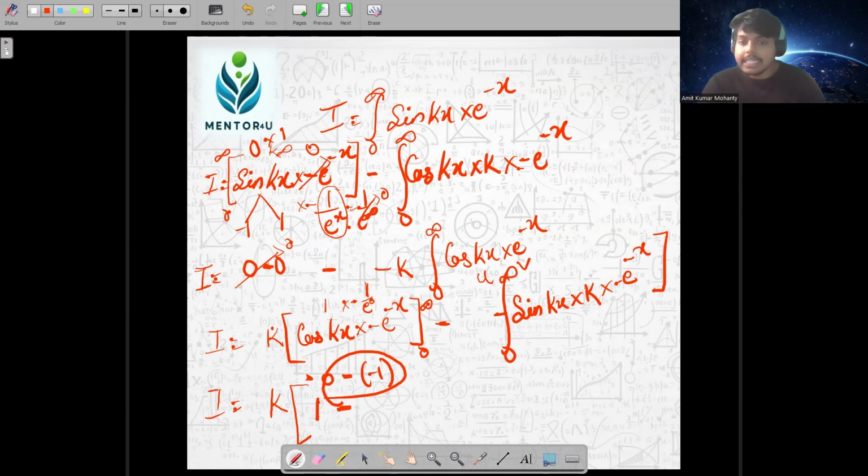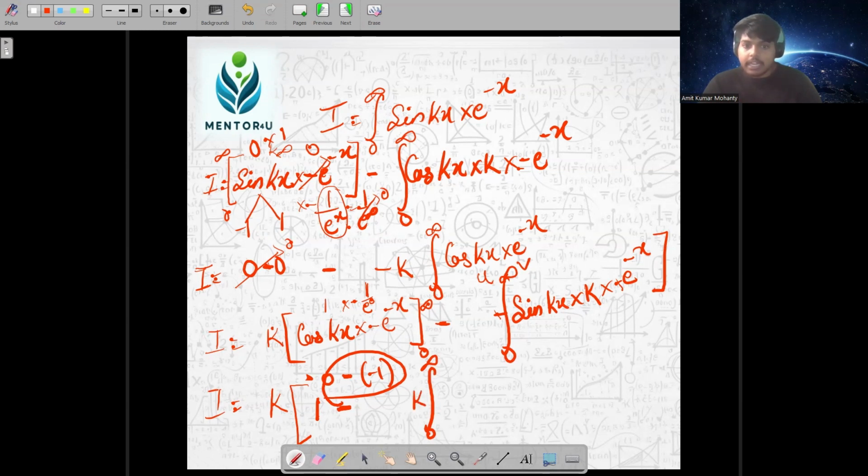Now, in this situation also, what is happening? After differentiation of this particular value, what happened? We solved for this differentiation. Yes. First into integration of second minus differentiation of first into integration of second, which is minus sin kx into minus second, whole integration. This minus and this minus will get cancelled and it will become plus, correct? So 1 minus, what is happening? You can see 1 minus integration of 0 to infinite